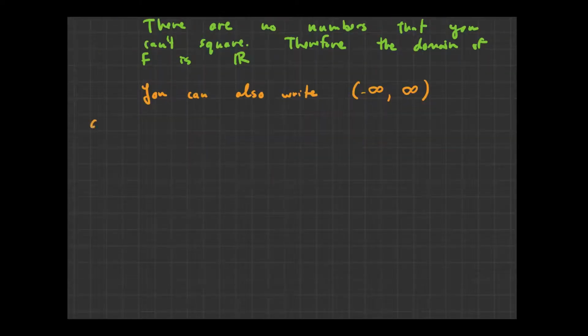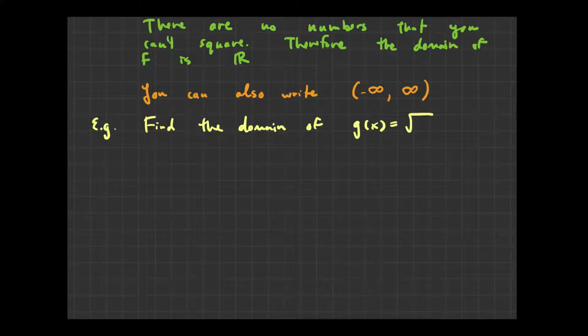What about this one? Let's try this one. Let me change colors here. Okay, how about, so find the domain of g of x. I'm going to say that g of x is the square root of x. Okay, so there's my function. It's a square root of x. And now the very first thing that I see is this square root symbol. Okay, so we kind of just have to recognize some of these functions and some of the things that come up with these certain functions. So the first thing that I see is the square root, and I know I can't take the square root of a negative number. So that means that whatever I'm taking the square root of, in this case, x, must be positive. So the domain